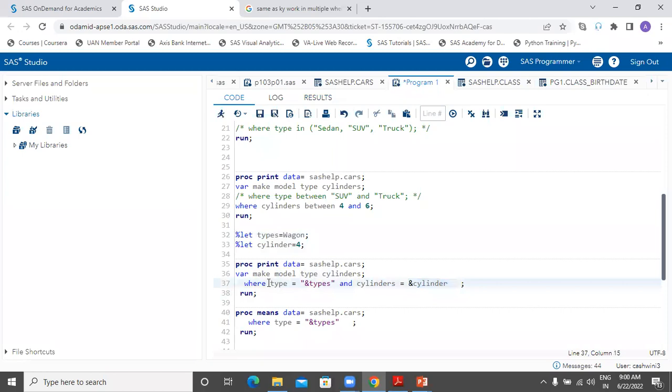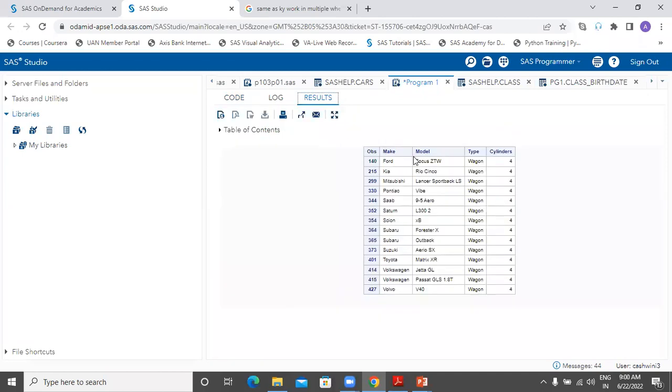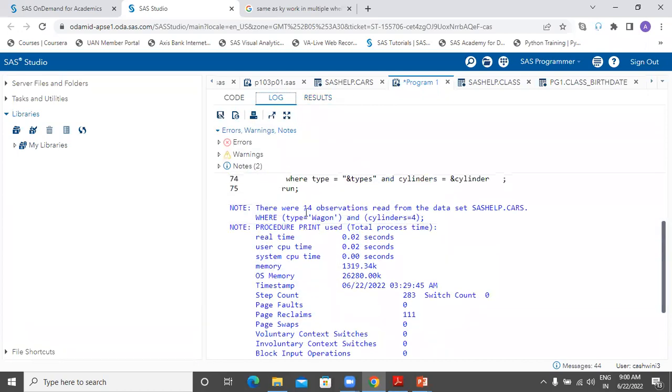But here my type column originally is character. This value should be put into quotes. So when you see the result, your type column is character and cylinder is numeric. So it's selecting all the rows where type is wagon and cylinder is 4. So these are so many observations. At observation number 427, this condition is true. At observation 414, this condition is true. So when you check your log, out of 428 rows, it's selecting 14 observations, which are true for this